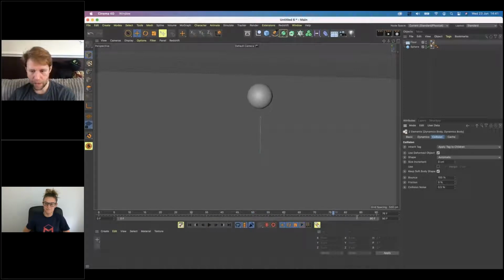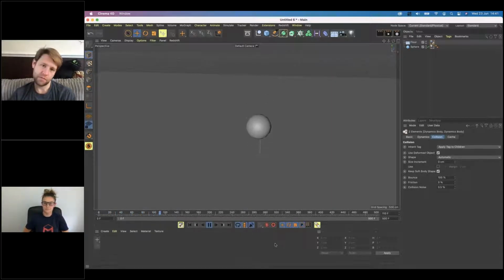Let's whack my animation up more than 90 frames. So let's make that 500, just so I can press play and watch it bounce up and down ad infinitum. You may notice that I now can't scrub backwards. And if I keep moving forwards, it keeps animating. This is because dynamics is a simulation. This means Cinema 4D is calculating it as we go right now. It doesn't understand it as something that can play backwards. I can go to frame 0, but if I go backwards and keep going forwards, it just keeps doing it. It won't reverse